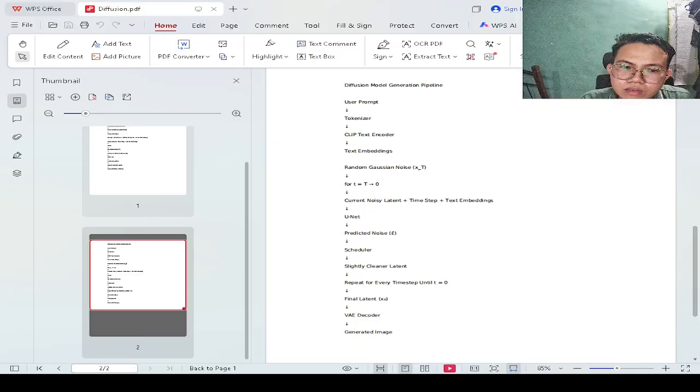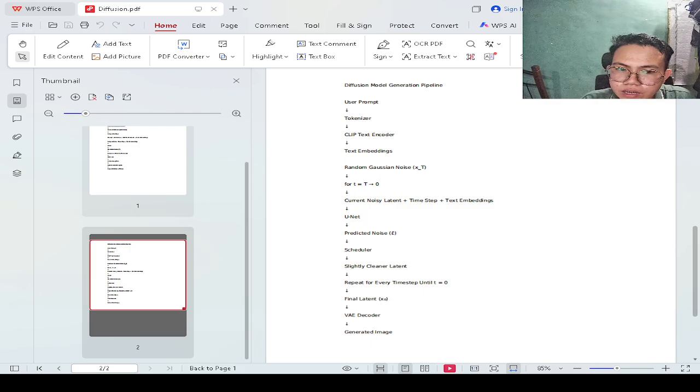And then let's say a user writes a prompt like "a cute cat wearing sunglasses sitting on the beach," and then the tokenizer processes it and splits those texts, so we have the text encoder turn them into vectors, and we will have the text embeddings. And we will start with Gaussian noise for our image to be generated.